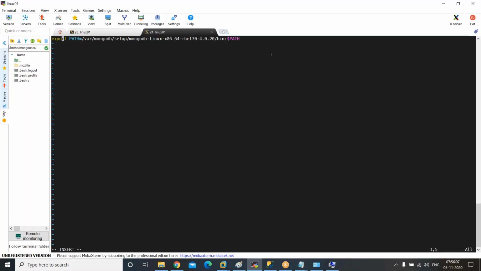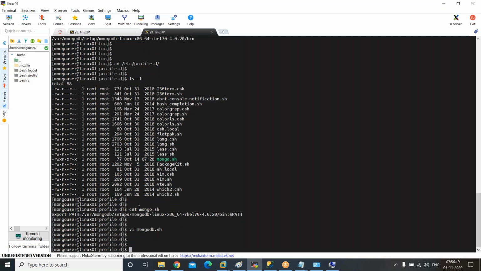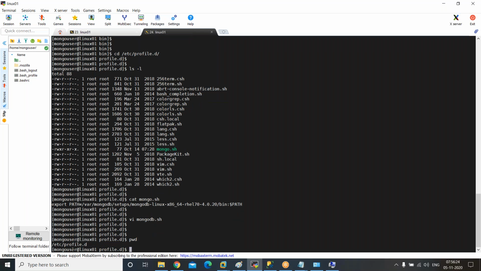That's fine. If I try to save this, is it going to save? No, I cannot do this. I understand why. Because I don't own the directory. I'm trying to create a file under where I am right now, in etc profile.d. Does the mongo user own this directory? No. Who is owning it? Root will own it. If you go to cd